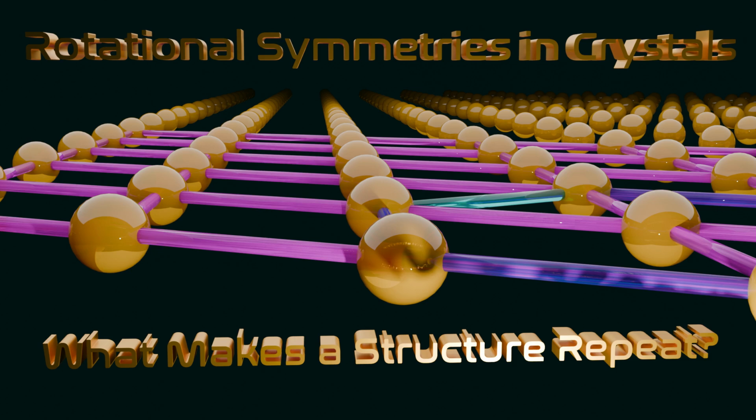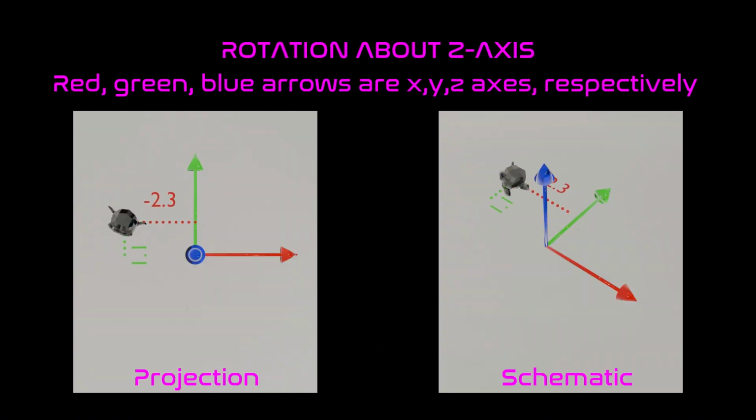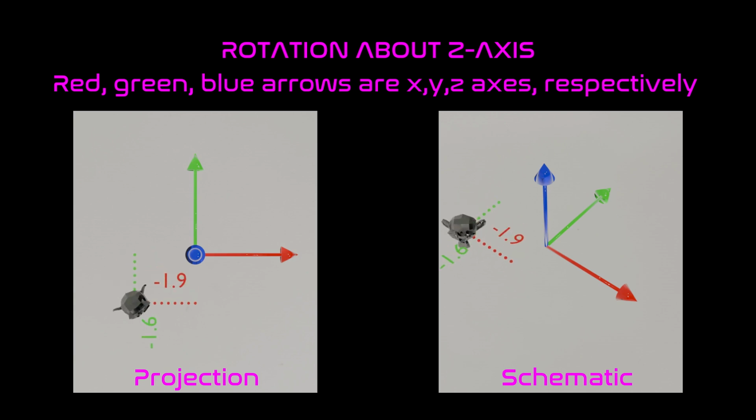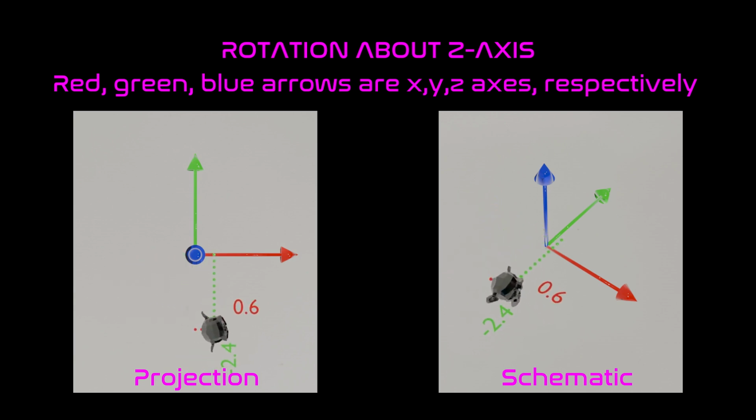What if you could predict the entire structure of a crystal just by knowing how it repeats? What if atoms don't just sit, but follow a hidden order, governed by rotation, reflection, and symmetry? In this episode, we'll uncover how rotation, one of the most intuitive symmetries, helps us decode the elegant pattern inside